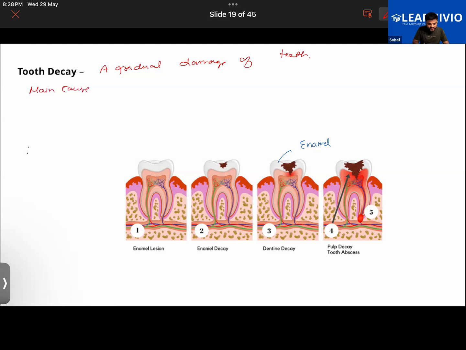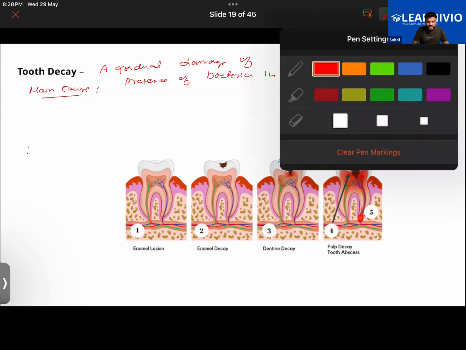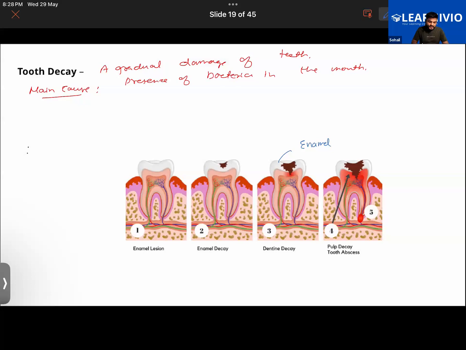What is the main cause? The main cause is the presence of bacteria inside the mouth if we do not keep our mouth clean. So what basically happens, say that there is some leftover food, it gets stuck